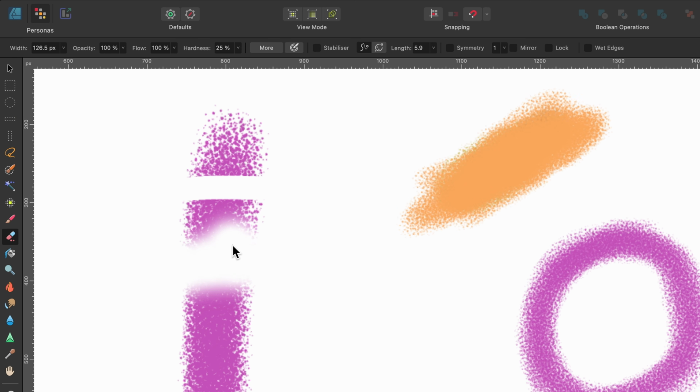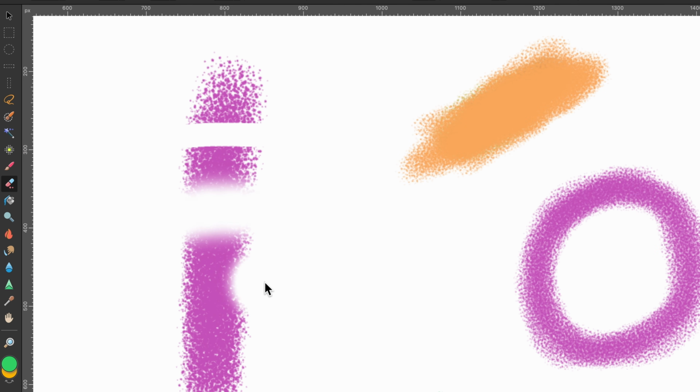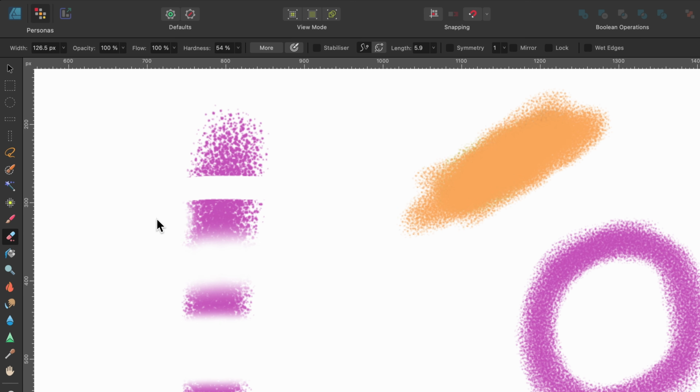That's because the hardness is down. You can go up to the context toolbar and you can change the hardness. So you decide how soft or hard you want it. So I could just drag it up a little bit more and make it slightly harder. And of course you can change the opacity as well. So I could just bring that down a little bit, and I could just slightly erase it, making it a little bit more transparent. And the more I click, clicking off and clicking back on, the more it's kind of making our brush disappear.